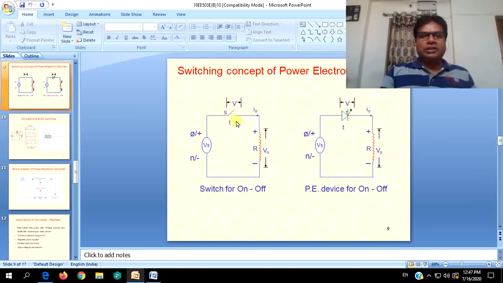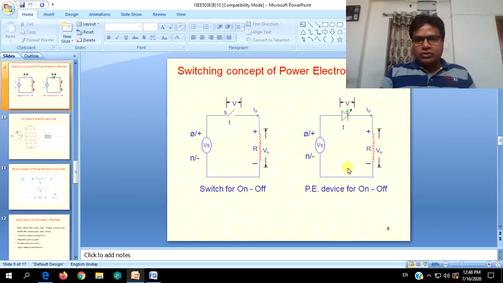And we know that the supply frequency is 50 Hz, or the time for a half cycle is 0.02 seconds, that is 20 milliseconds. In time at 20 milliseconds, you have to close this switch on and off for rectification to be done in this circuit. Can we do that? Obviously, it is humanly not possible, practically impossible to make it manually.